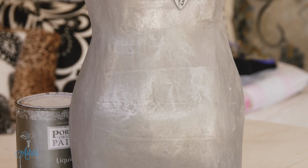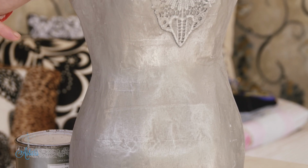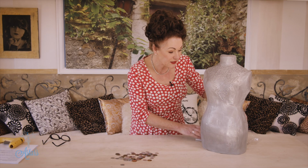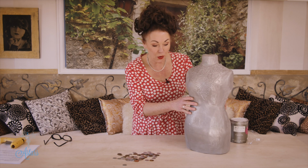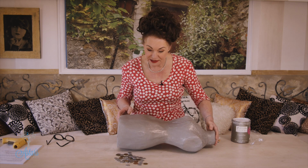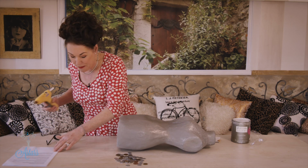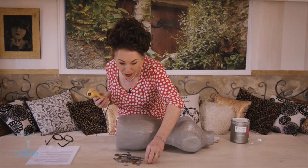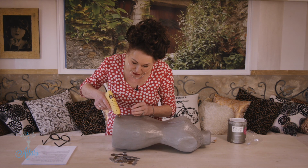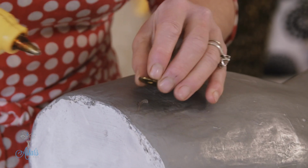Now this has been lying around here for lots and lots of years, and I'm so pleased that I don't throw the things that I make out, because this is going to be perfect for what I want to do. So looking at all of my coins here and knowing that we're going to be traveling extensively, it's just going to be a matter of getting my coins and a little bit of hot glue, and what I intend doing